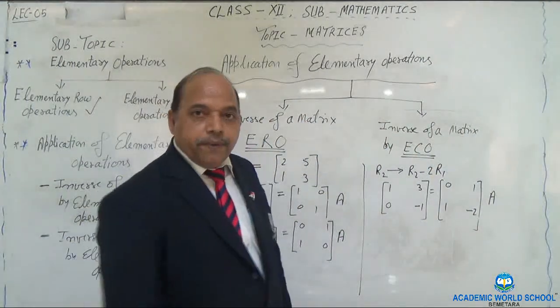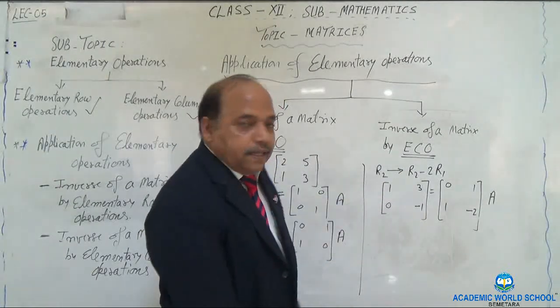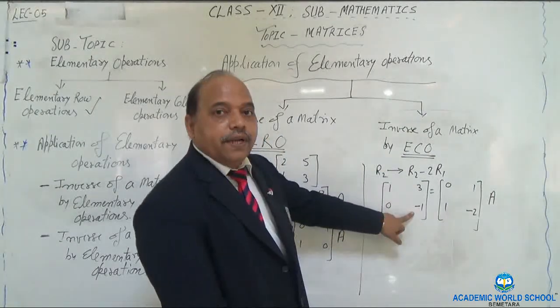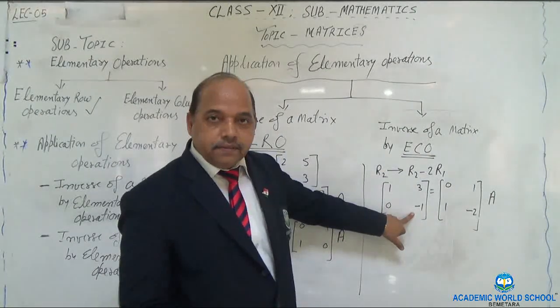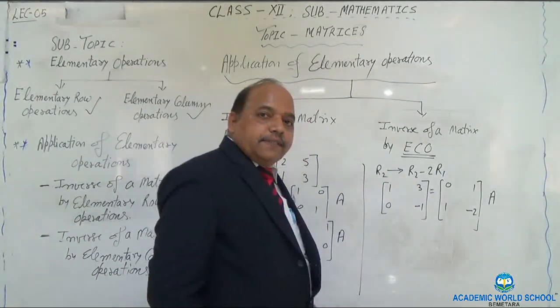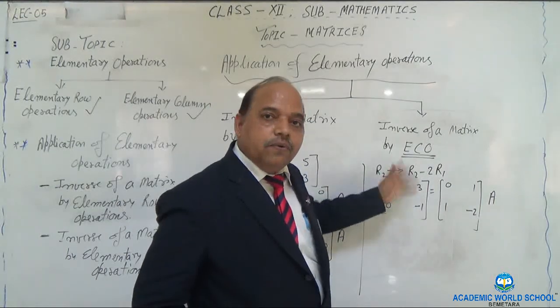Now compare. We got 1, we got 0. Now what is the next step? We have to make 0 over here, and then we have to make 1 over here, and then we are done with this. So let's do that. So what should we do? Can I say that if I simply add to R1 3 times R2, it is done.